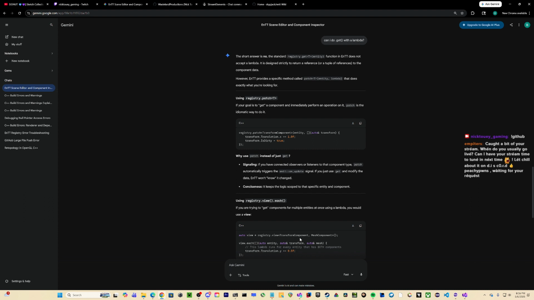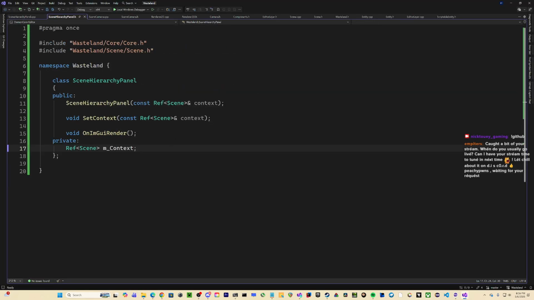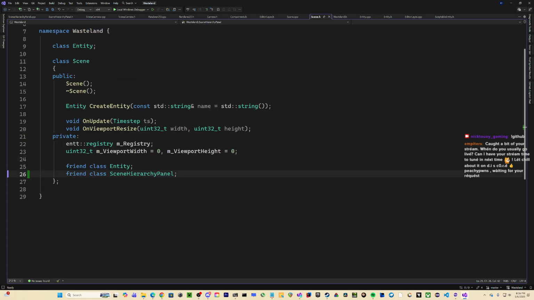No, but I have... It's getting an m_context. What's the context set to? It's set to scene. So scene is context. Scene has entity.